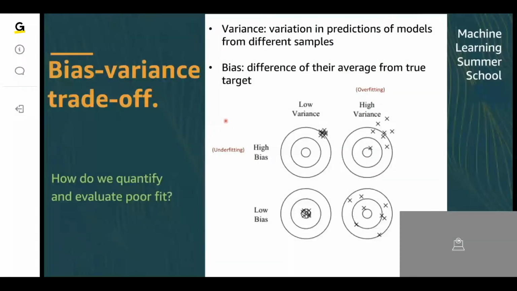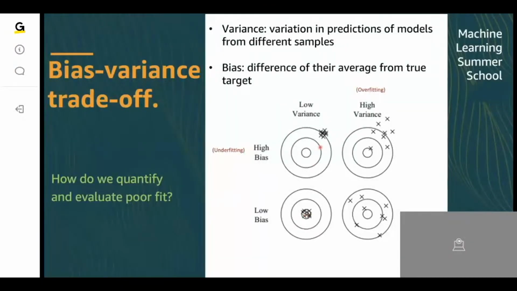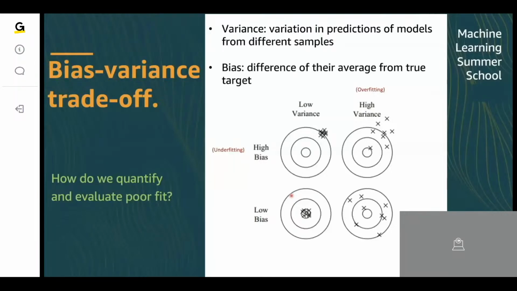Models to make 10 different estimates of the value of the prediction. Okay, so you have got 10 different estimates from your 10 models on this unseen sample. What are the various ways in which these 10 predictions or estimates can look? The best case is you have these 10 estimates very neatly and tightly clustered together, and they are very close to the ground truth, which is the true value that you're trying to estimate.